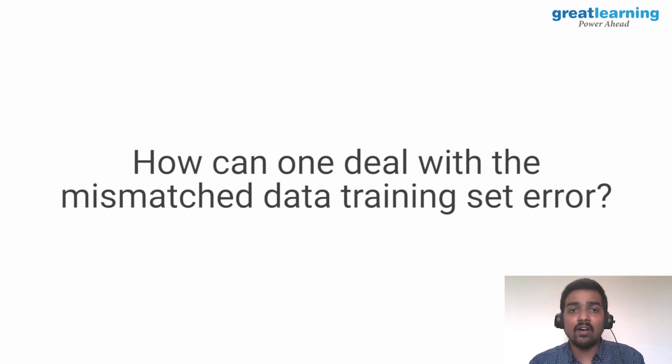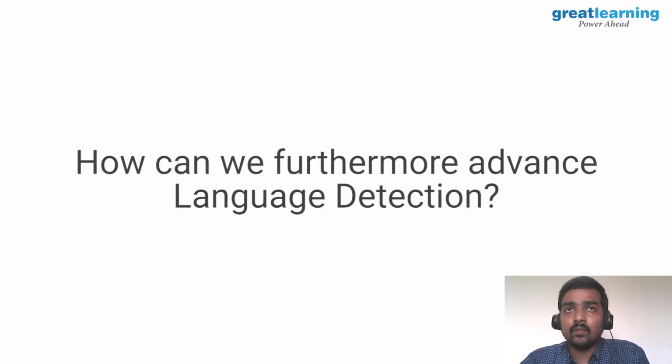We can write some simple functions to check if there is any additional character or if any mislabeling has happened. Or, to avoid these kinds of problems, collect and process the data separately for each and every language. Once the processing is completed, only then combine them, so that you don't see any mismatch or mislabeling errors in your training data.